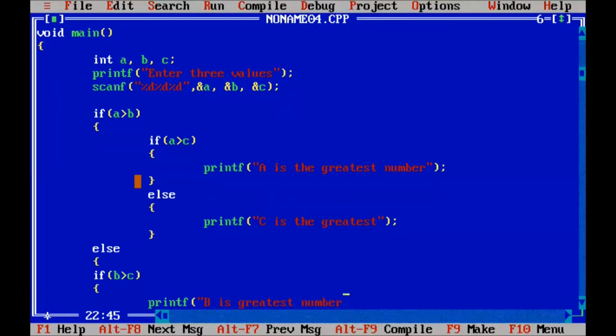Okay, here we also write c is the greatest number.